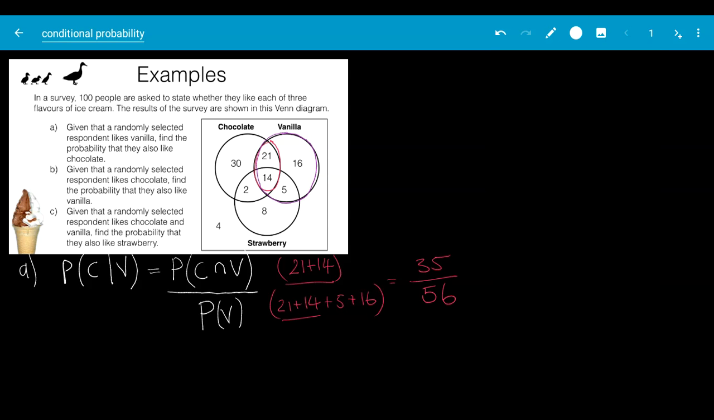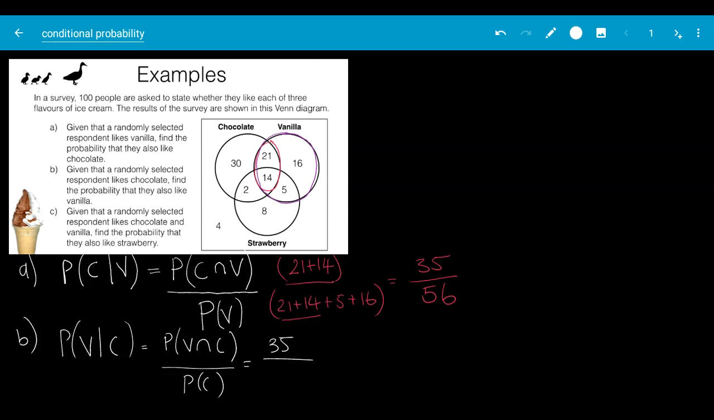Cool. So the next one. Given that a randomly selected respondent likes chocolate, find the probability that they also like vanilla. So this is the other way around now. I want to know the probability that they like vanilla given that they like chocolate. We've actually done some of the work already because the intersection doesn't depend on the order. So we can take that value, but this time it's going to be over the probability that they like chocolate. So we've got our 35 people up here